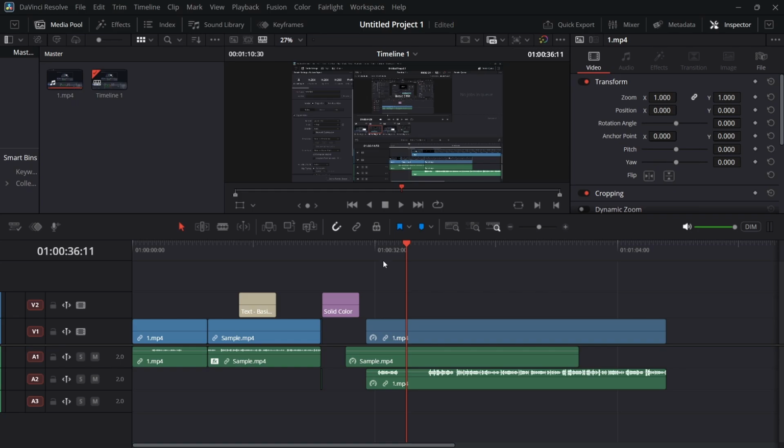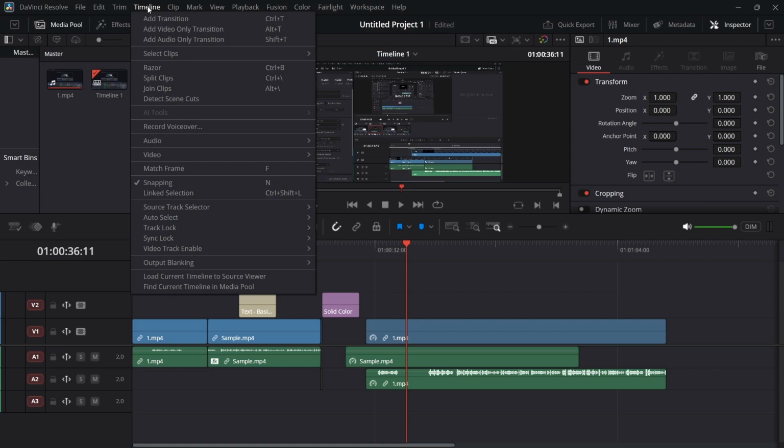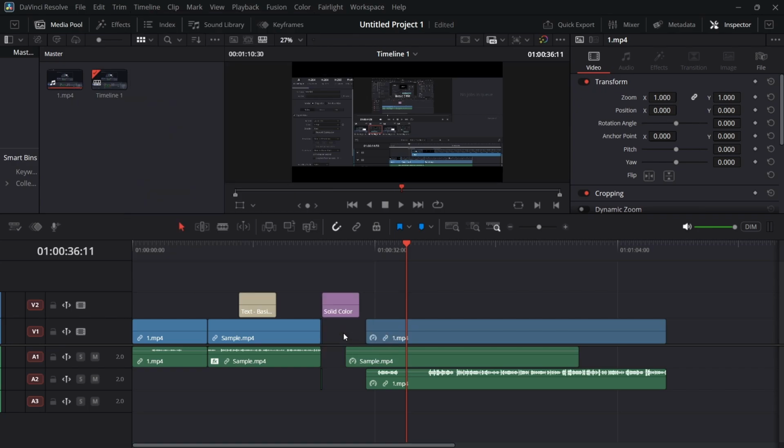Now in order to get that option toggle, all you need to do is simply click on this option that says Timeline over this top left corner, and here you'll see this option that says Output Blanking. In here you'll find multiple values, like if I select 2.40, you see some black bars will appear in